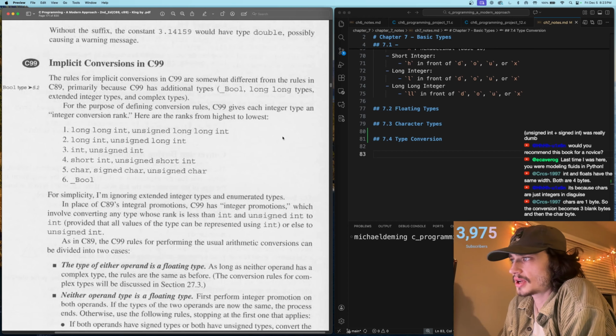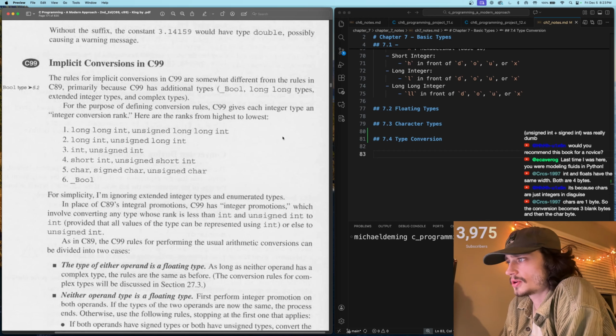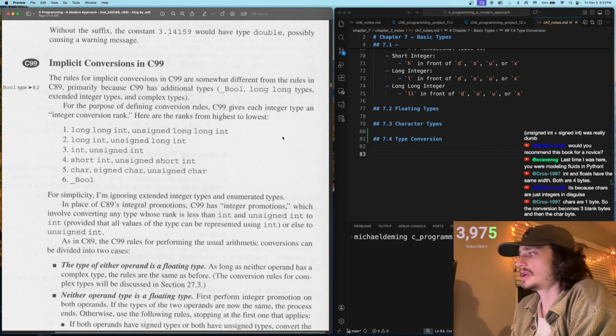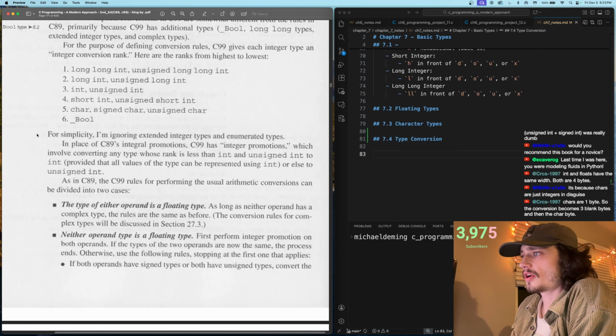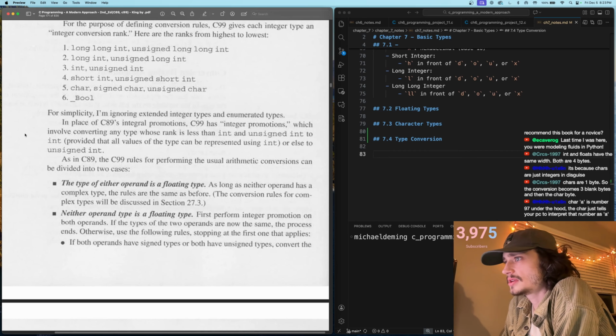2. long int, unsigned long int. 3. int, unsigned int. 4. short int, unsigned short int. 5. char, signed char, unsigned char. And 6. _Bool. For simplicity, I'm ignoring extended integer types and enumerated types. In place of C89's integral promotions, C99 has integer promotions, which involve converting any type whose rank is less than int and unsigned int to int, provided that all values of the type can be represented using int, or else to unsigned int. As in C89, the C99 rules for performing the usual arithmetic conversions can be divided into two